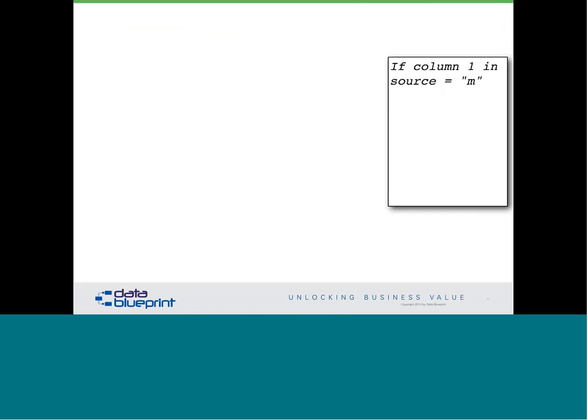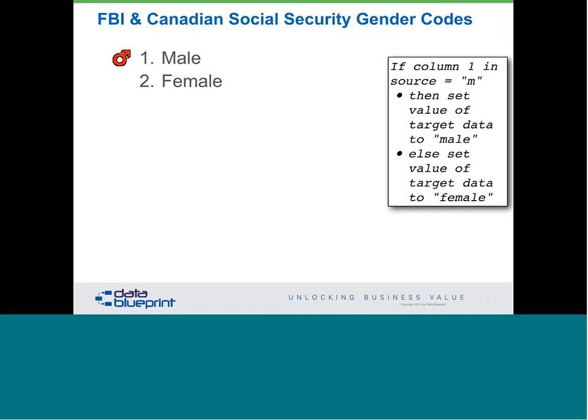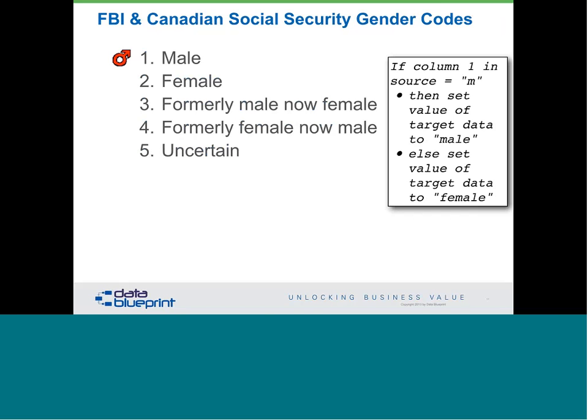Now, look at this and say: if column 1 in source is M, then set the value to male. The worst thing you can possibly finish that statement with is "else female." The reason is that if you're only testing for males, it means anything not M is going to be female. That doesn't work when you have different types of values that you have to maintain